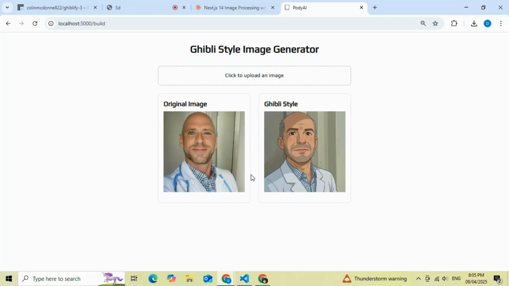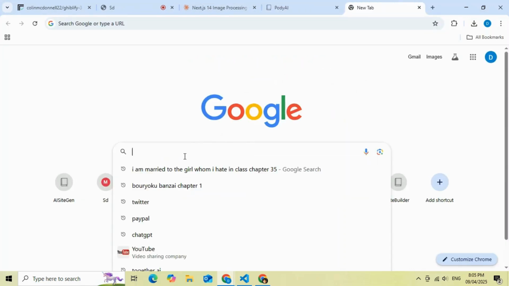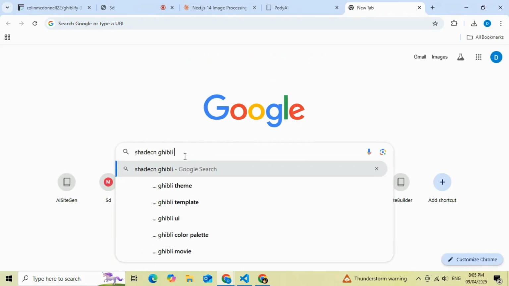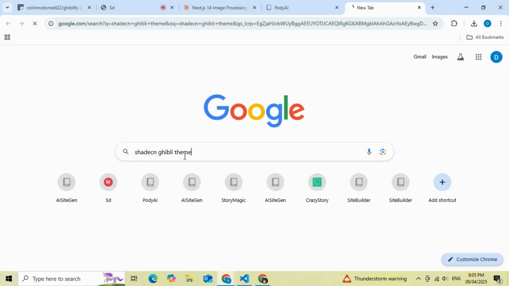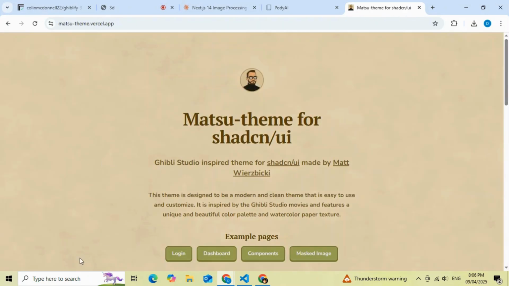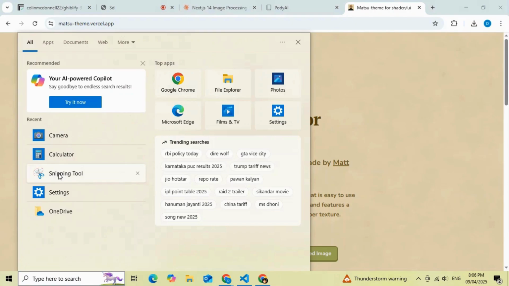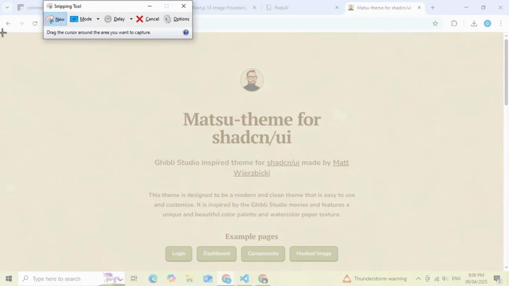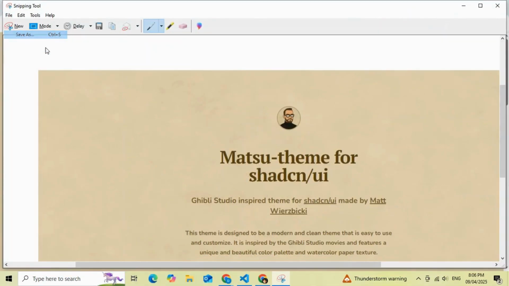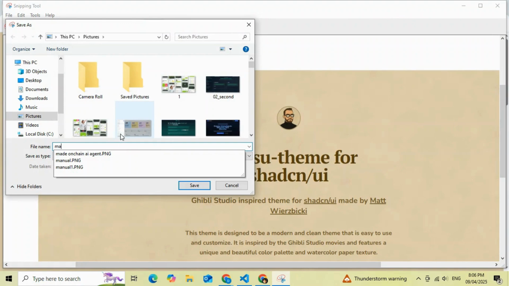So let's just update the UI to make it something really cool. If you just search on Google Chrome for ChatGPT Ghibli theme, something like that, and click on this Matsu's theme for ChatGPT, you can just screenshot this color combination. Okay, so Matsu,